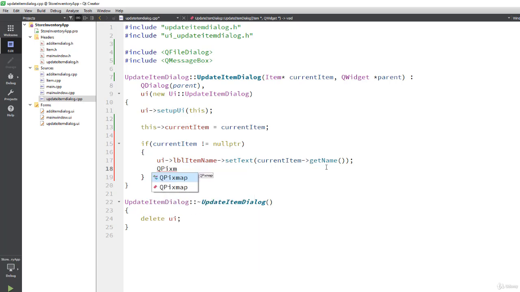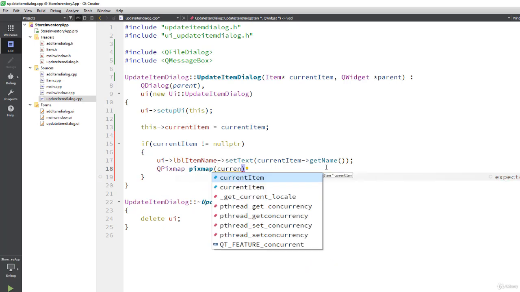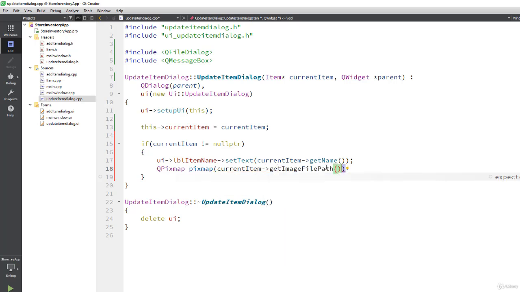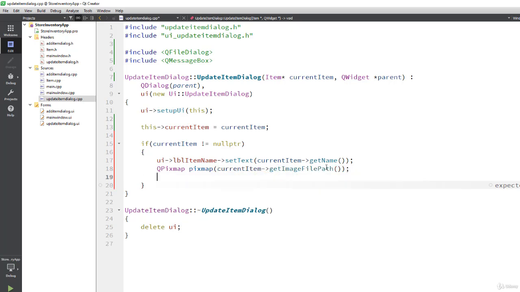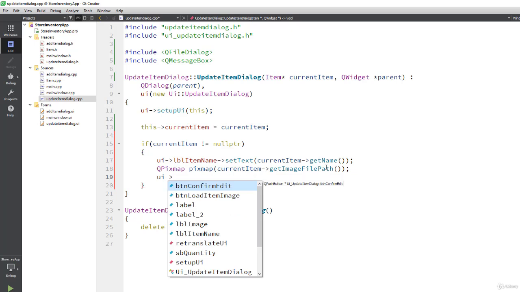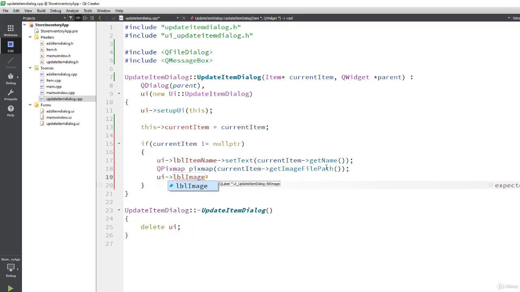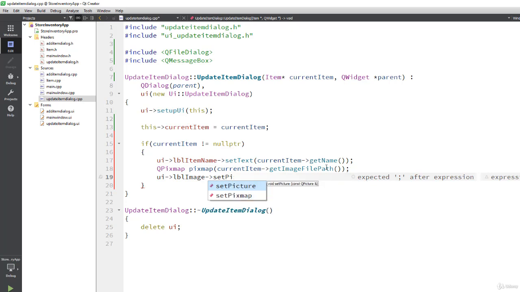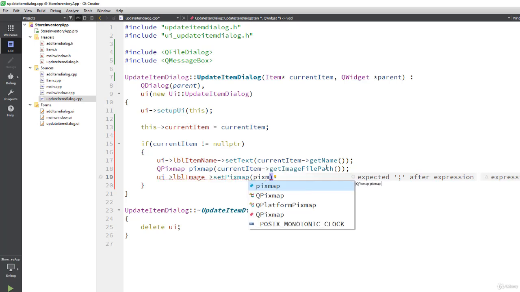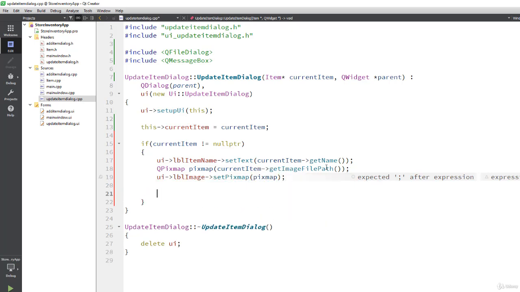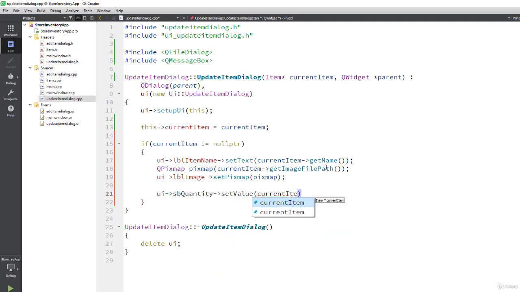A QPixmap, and so QPixmap pixmap, current item get image file path, and we want to say UI lbl image and set pixmap to pixmap. Okay, and now UI sb quantity, current item,